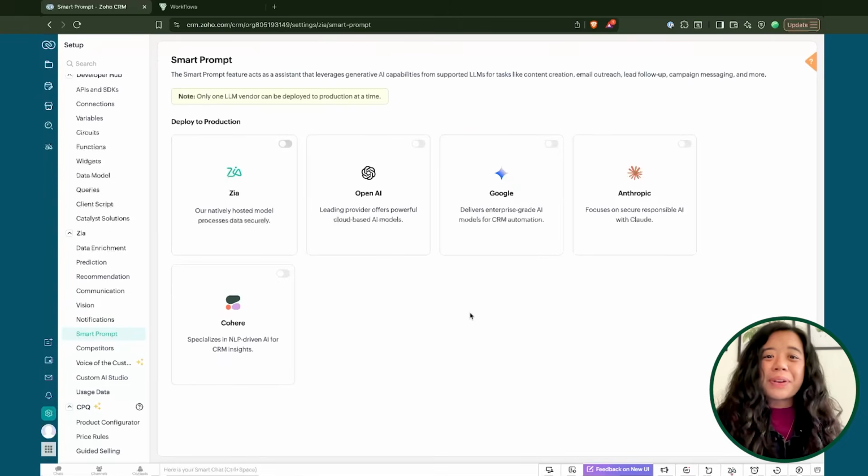Smart Prompt is also a feature that is available inside of Zoho CRM through Zia AI. And so if you do want to integrate your Zoho CRM with OpenAI or Gemini, this is the space where you'll be able to leverage those large language models and get them integrated with your Zoho CRM. So through the Smart Prompt functionality, if you are looking for a robust and out-of-the-box way to integrate AI with your CRM in any way, shape, or form at this point in time, I would definitely recommend opting in for